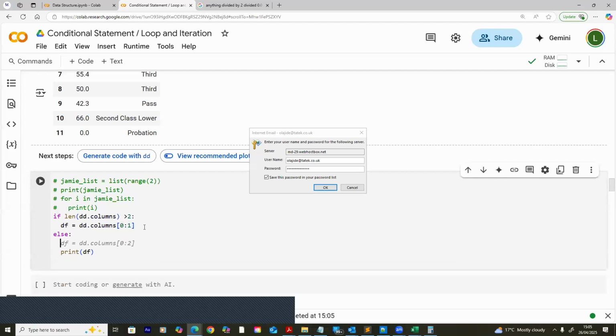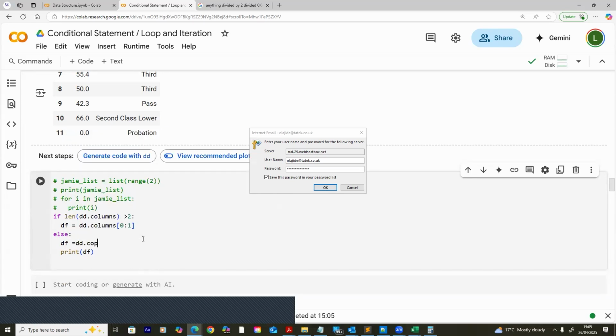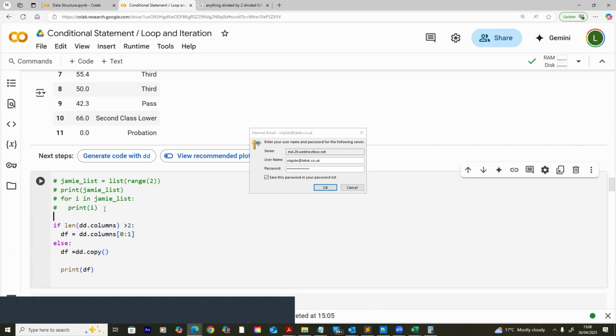Just do maybe dd, or df, let's say df equals dd dot what? Copy. You remember the copy. And when you do that, in this case, you might want to append the data together because you've already removed the first one, you've already removed the extra columns. Second one, you've copied the real data. And what do you do? You append. And you can create an empty list here, maybe new df equals this. And you just do append